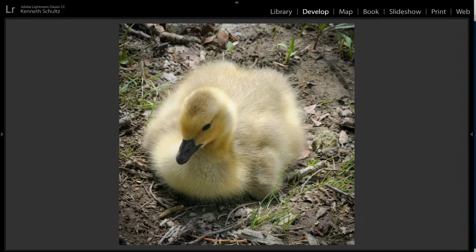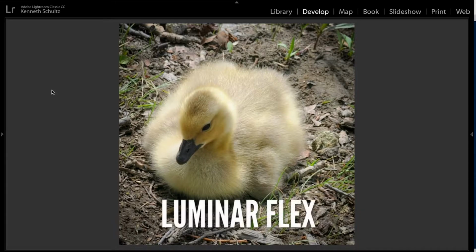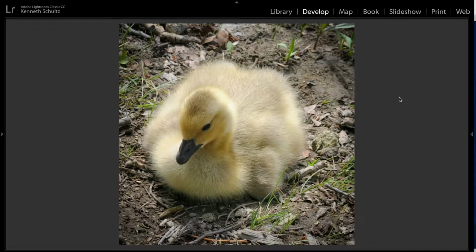One thing I wanted to quickly mention is something I'm going to play with more in the next week or so, which is AI, in the form of Luminar, because Luminar has now come out with that Flex version, and I was talking about earlier how I don't like going through different interfaces. Now the beauty of installing Luminar Flex is you can just take it from where you are